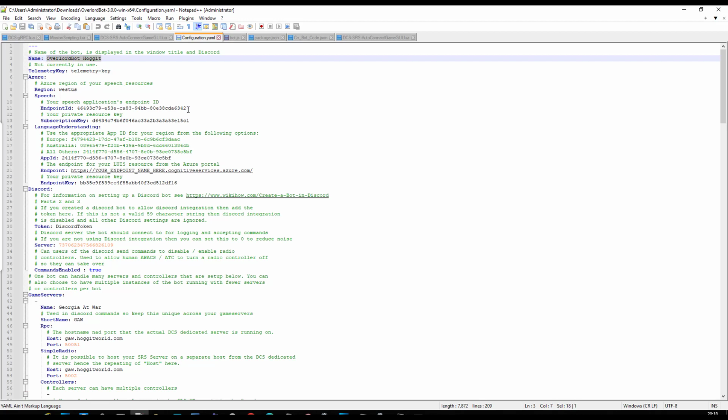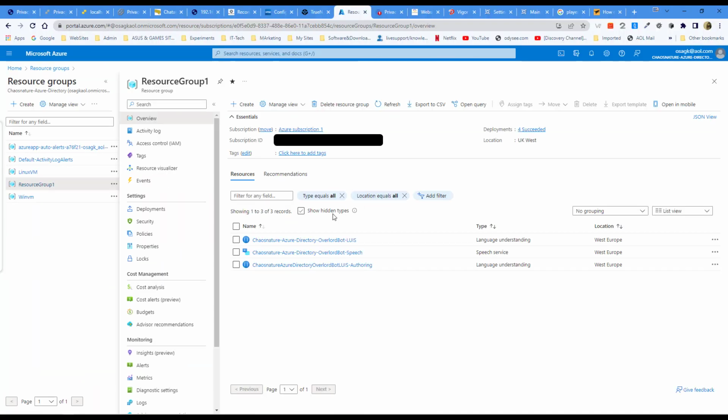That can be anything, but the endpoint ID will be given to you by the developer, and the subscription key you will get from your Azure, from the speech and the language file that you have configured. I will show you that now. So you would have already configured the resource group and have this speech file, this language understanding